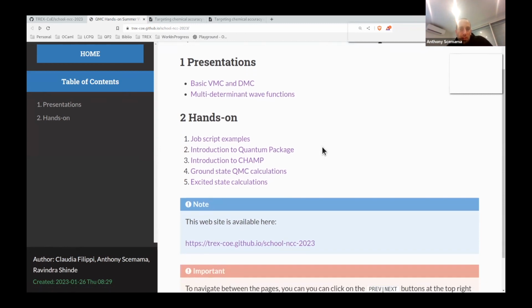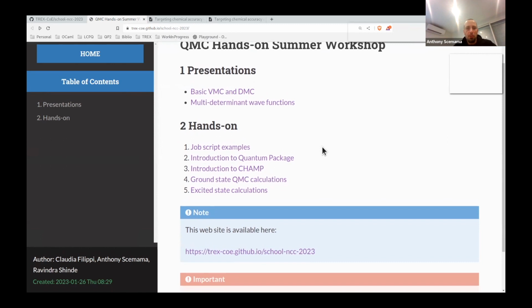So for the hands-on sessions, first we are going to show you how to use the LUMI machine. We have prepared some job scripts. To do the quantum Monte Carlo calculations, you will need a wave function, so we will use Quantum Package to generate the trial wave functions for QMC calculations.